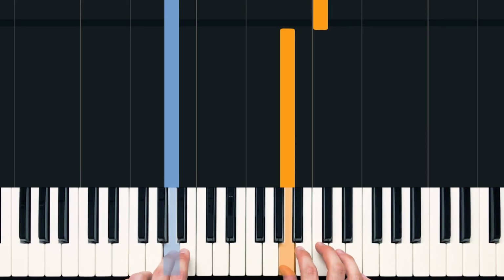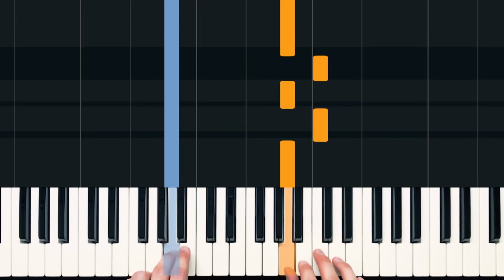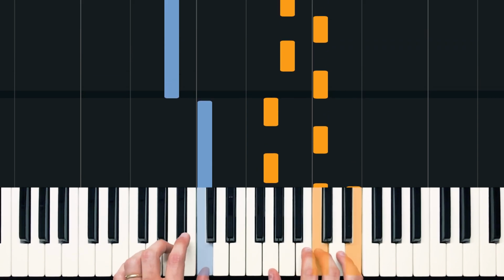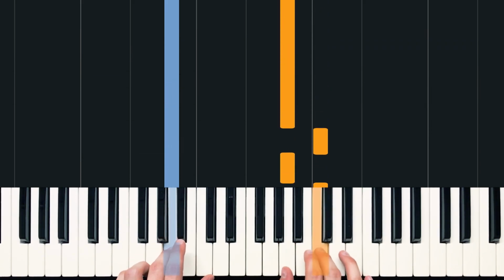So we're going to be playing an A in the left hand with our middle finger, and in the right hand we're going to be going between C and A with our middle and thumb. So 1 and 2 and 3 and 4